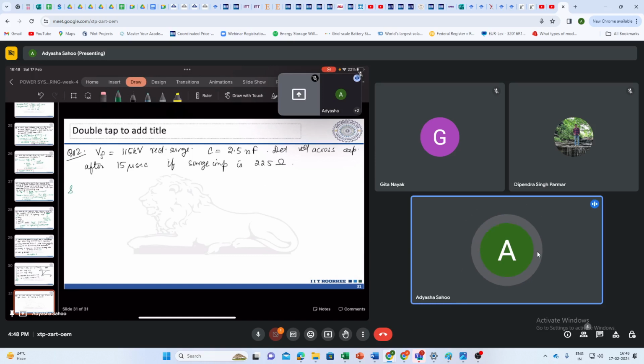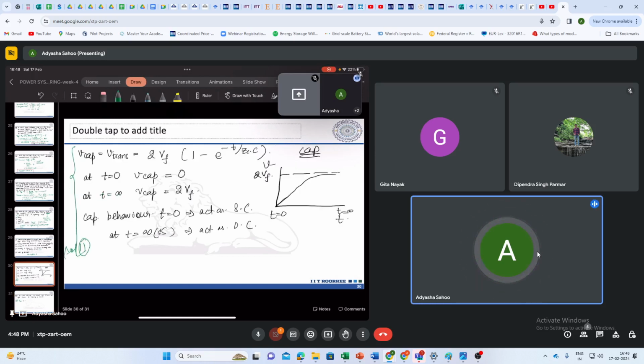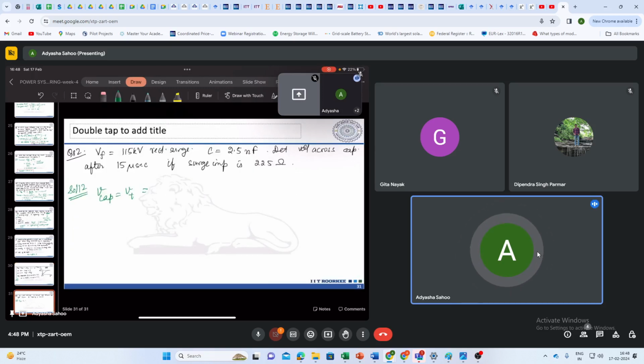So if I calculate here, we had seen the expression, the previous one only. It was 2Vf (1 minus e to the power minus t by ZcC). So basically it will be 2 into 115 into (1 minus e to the power minus 15 into 10 to the power minus 6, Zc is 225, C is 2.5 into 10 to the power minus 9). So if I calculate this,